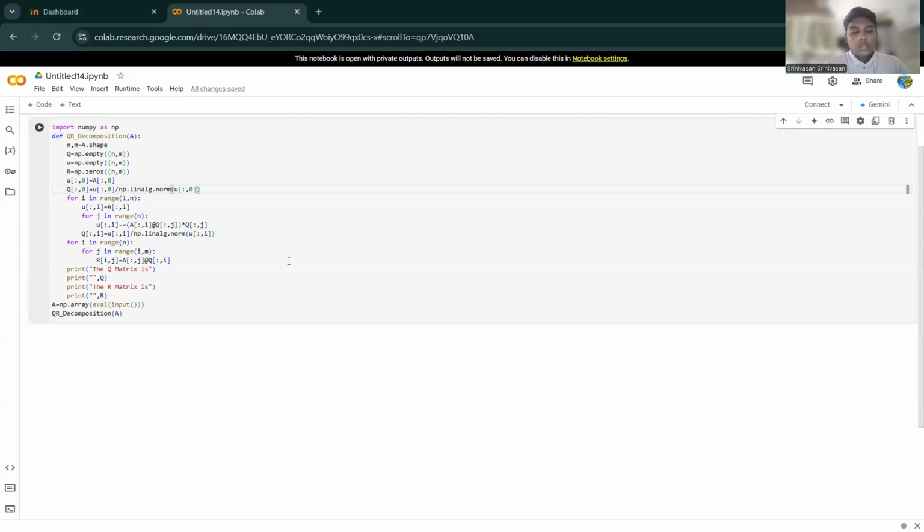Here R i comma j is computed as the dot product of column j of A and column i of Q,